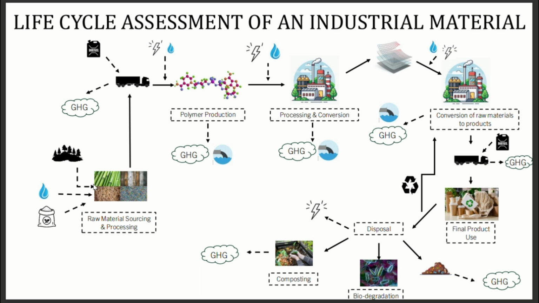We have the final product use, in which the use phase is where the product serves its intended purpose. However, it is also important in a cradle-to-grave life cycle assessment to include the disposal stage. So we reach the disposal stage and the end of the product's life. Disposal methods such as landfilling, composting, and biodegradation all result in the emission of greenhouse gas, and we also get energy through this. Jayesh will now be covering the bioplastics versus plastic comparison